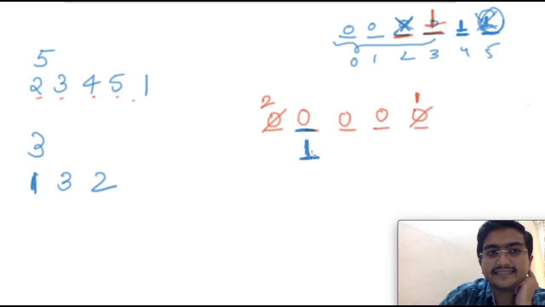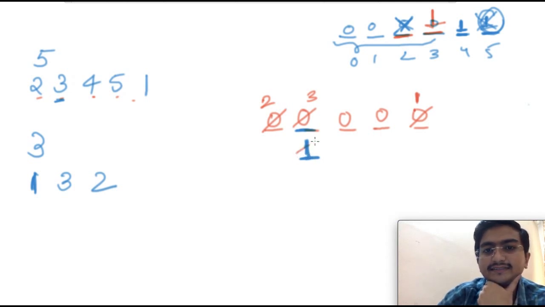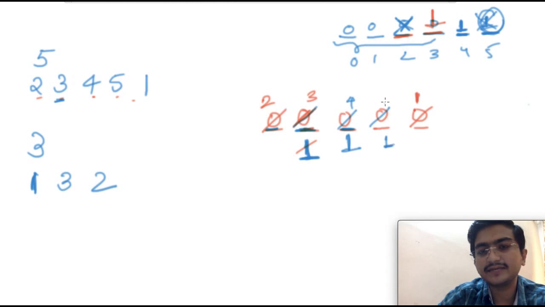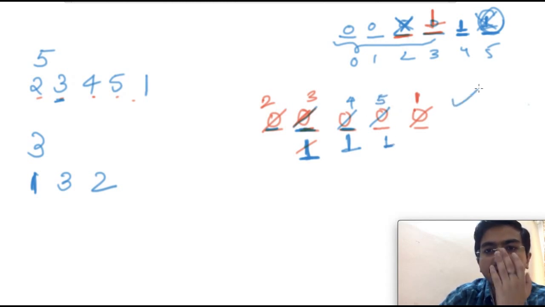Then the third element should be present here, and it is present. So I will add 3 here, and now this one is filled, and the Ri of the next position will also be incremented. The other elements are 0, so you can just add 1 to it, right? Then this becomes the most probable place. Here should be 4, which is present. Again the next probable element becomes 1, and here 5 is present as well. So this is a valid case.